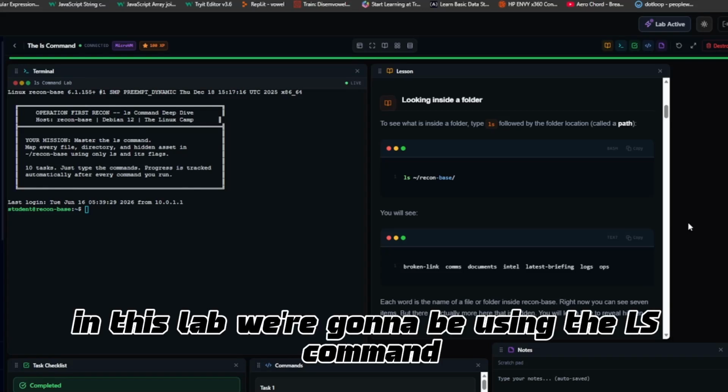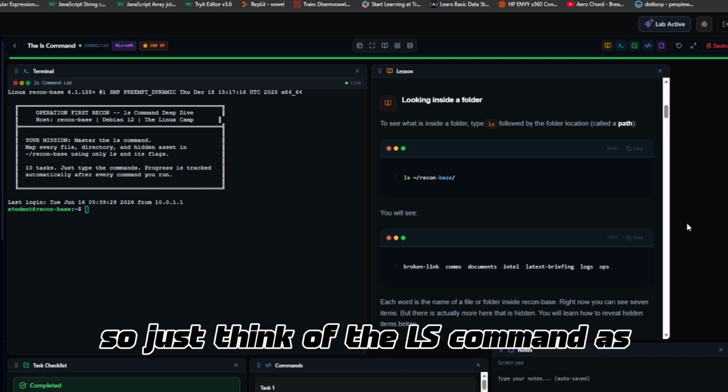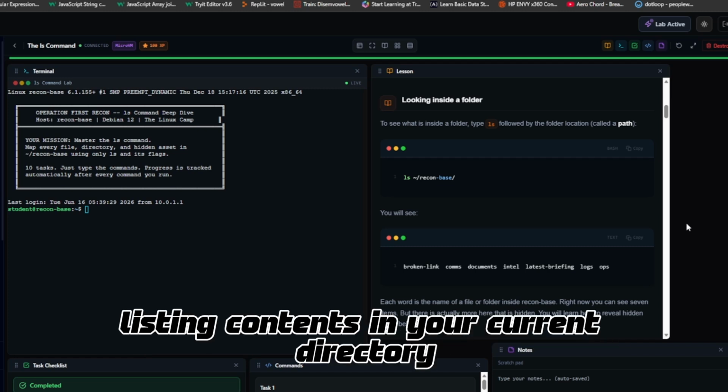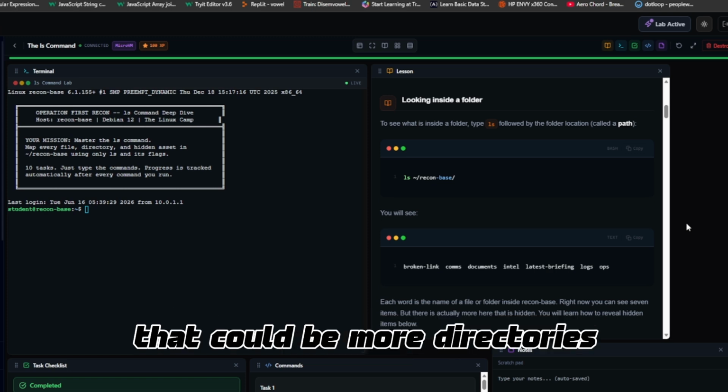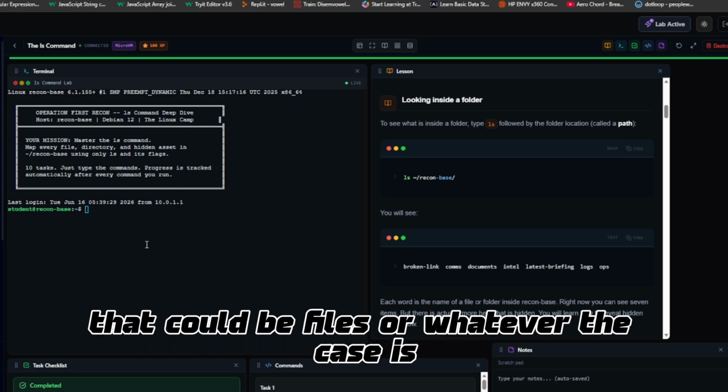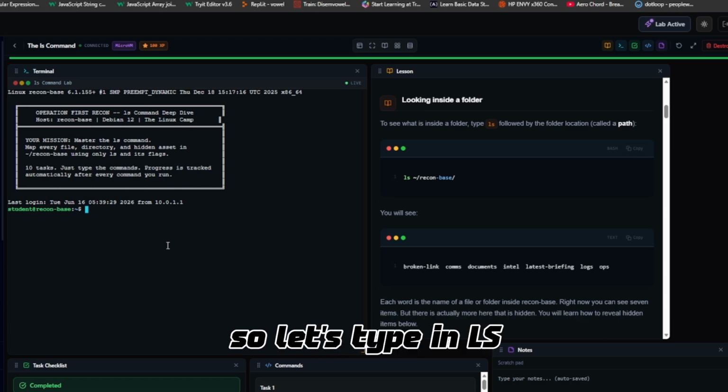In this lab, we're going to be using the ls command. Just think of the ls command as listing the contents of your current directory. That can be more directories, files, or whatever the case is. So let's type in ls